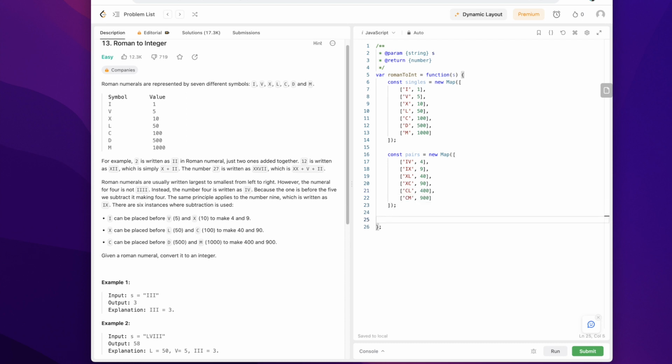Alright, now that we have our two maps, we're going to declare a variable to keep track of the sum or the result. We're just going to say let result equal 0. And now we have to traverse the string s that's passed in so that we can analyze it 2 by 2, like I mentioned earlier. So in order to do this, we're just going to say for let i equal 0, i less than s.length, i plus plus,